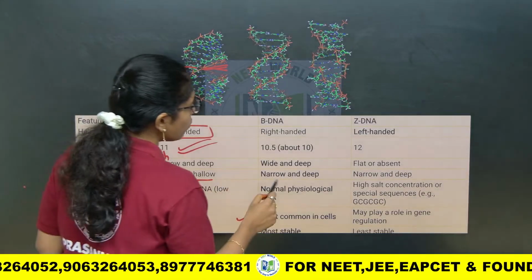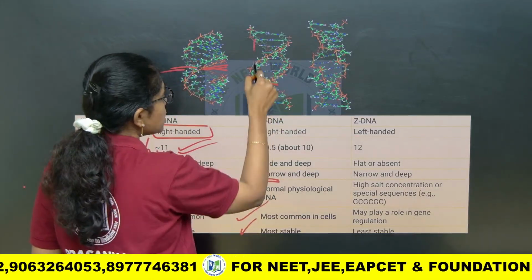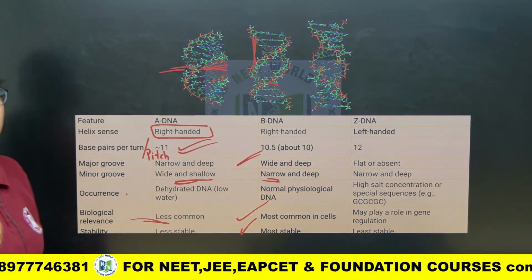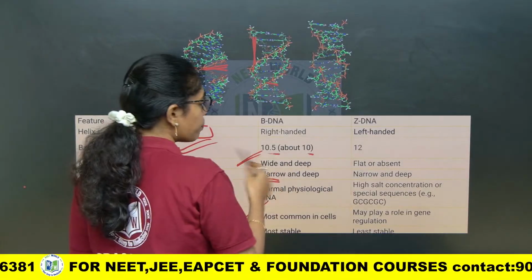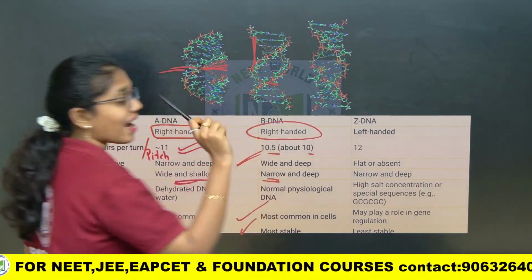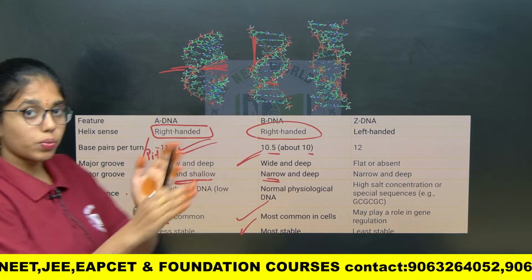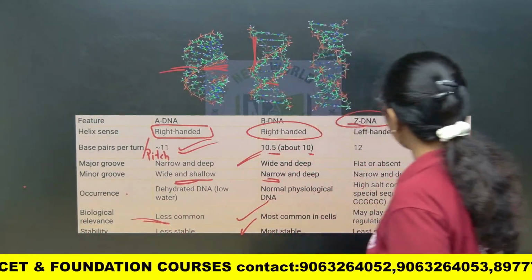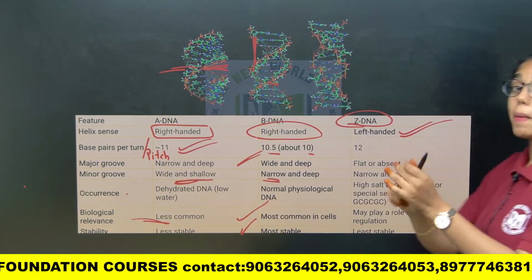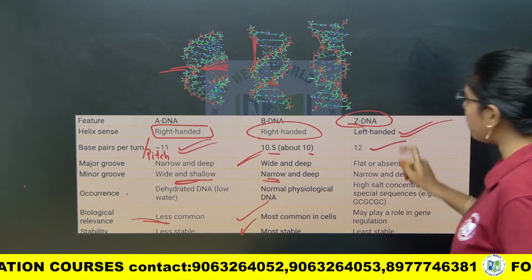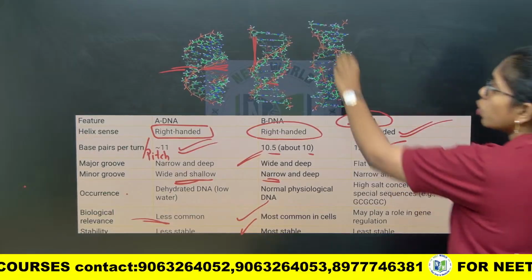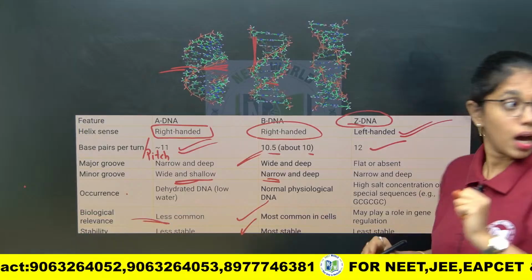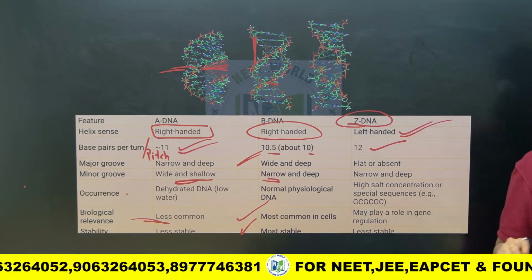And the minor groove is narrow and deep here. Major groove is what? Major groove is wide and deep. And base pairs per turn, as we have discussed, will be 10 or 10.5, and it is a right-handed helix. Z type DNA is what? Left-handed, and base pairs per turn will be 12 base pairs, and major groove is flat and absent, minor groove is narrow and deep. Occurrence, if you have to see,